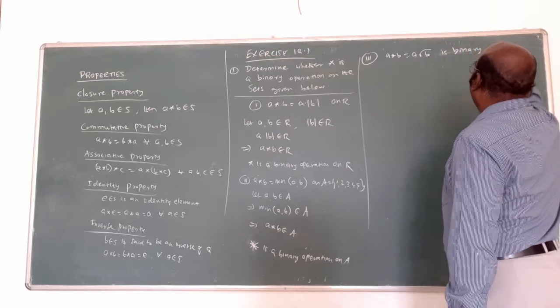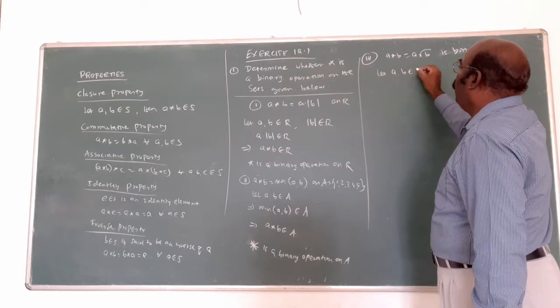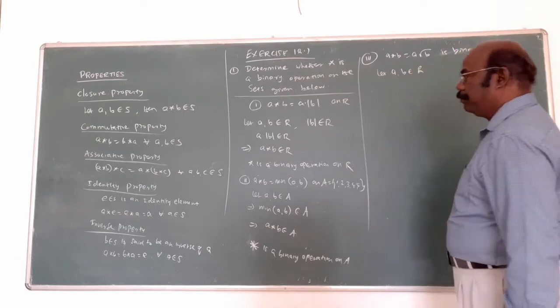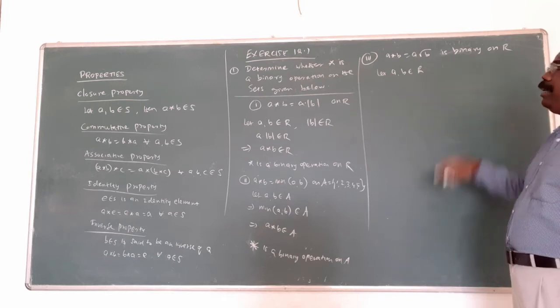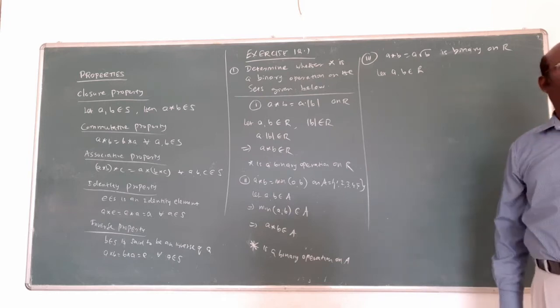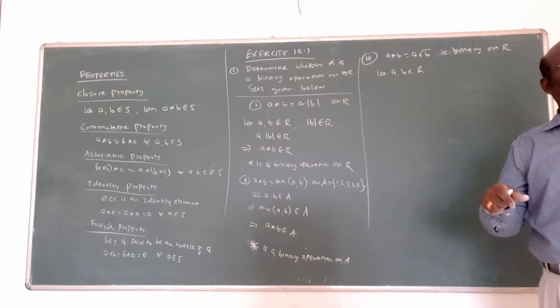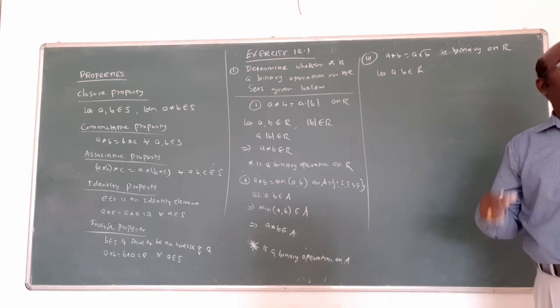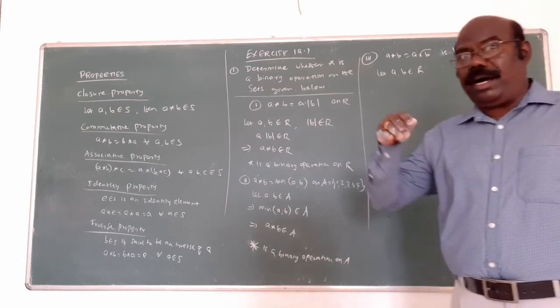This is the given question. I already told you that a, b belongs to R. But the root of b does not belong to R. What is the reason? The root of a negative number will not come inside R. A square root of a negative number is called an imaginary number.